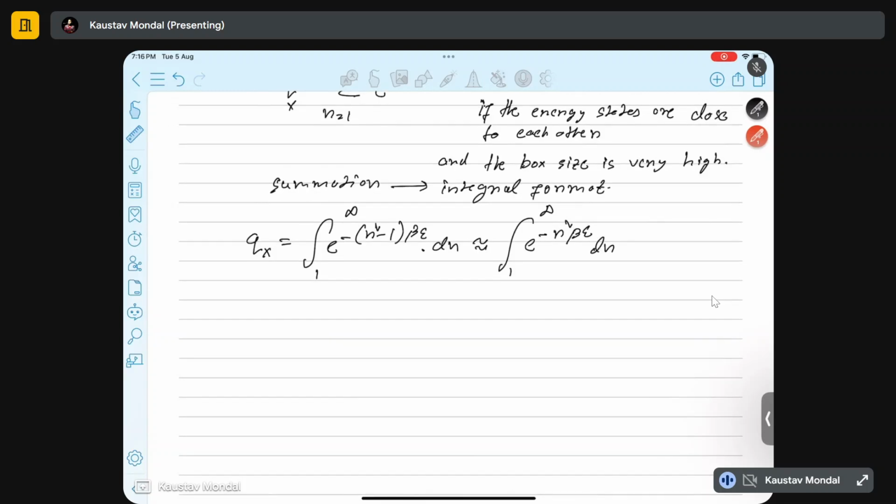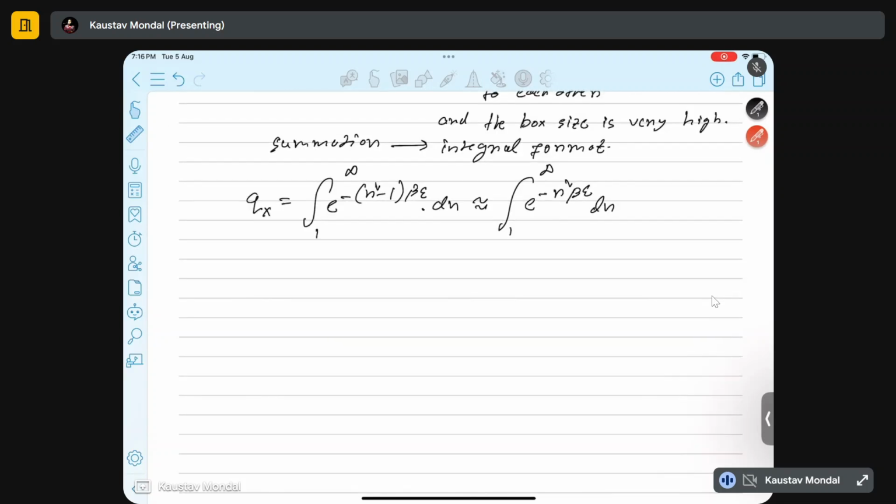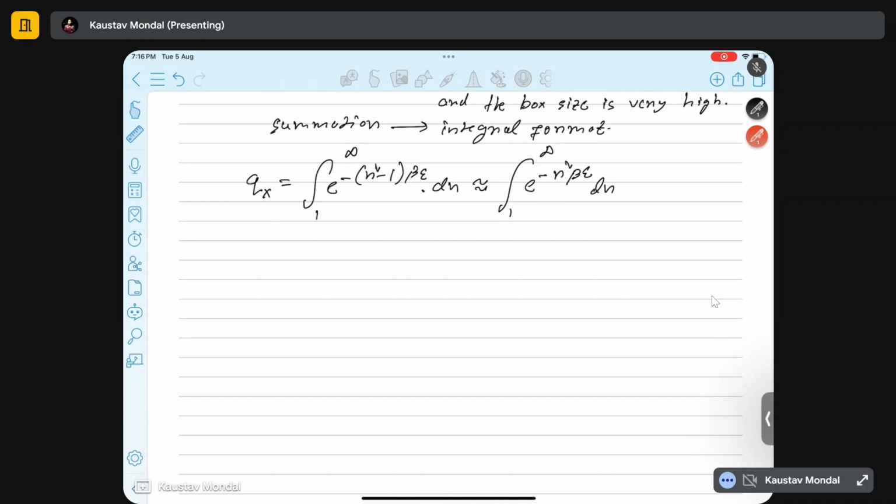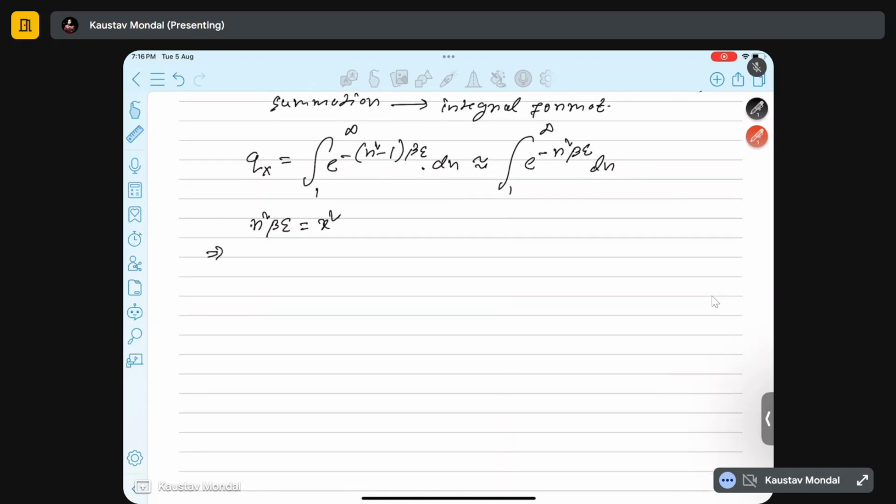So first we will do a very careful variable substitution here. For that we consider this n square, because dn is basically the variable here. So what we can do, we can take this n square beta e as a variable x square. Now if we take the derivative on both sides, we get n dn beta e equal